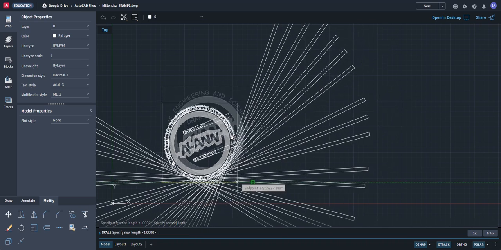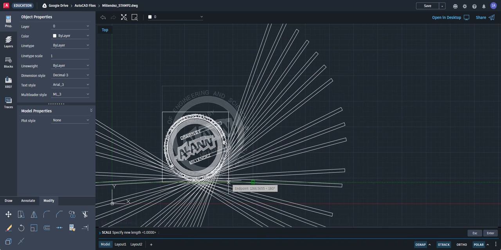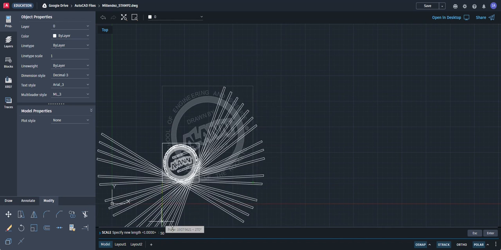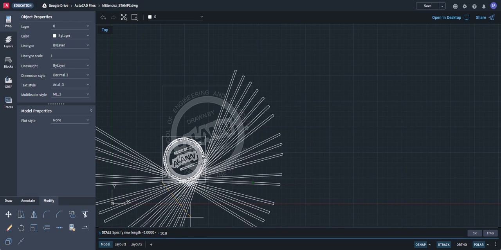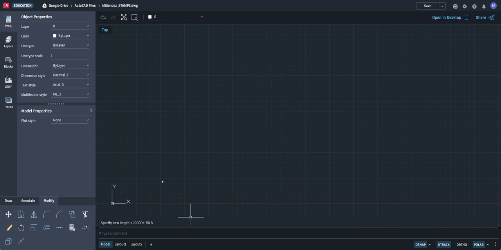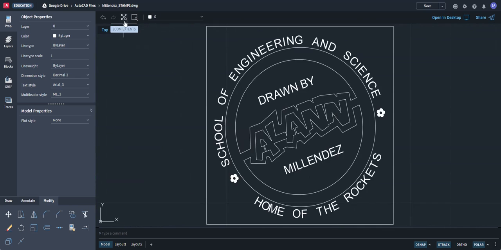And then we are now going to type on the keyboard. We're going to type in 50.8, as shown down below here. I wanted 2 inches, and 2 inches is 50.8. So when I press enter, it is now going to go small because it's from 4,700 down to 50.8. I'm just simply going to click on zoom extents. Then I have